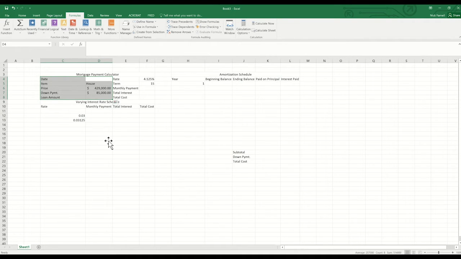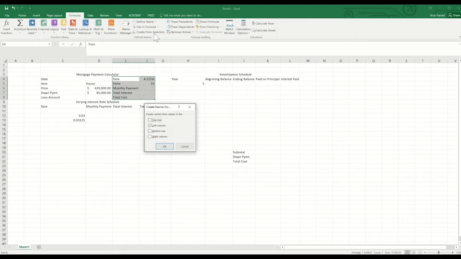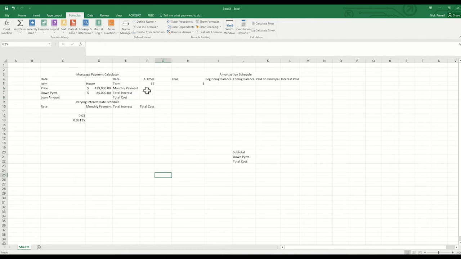If we click OK, it doesn't look like anything happened until we click on the cell. If I click on D8, it doesn't say D8 up here anymore, it says loan amount, which is what's written here. Down payment, price, item, and date. If I click on another random cell over here, it gives me Q15 up in the corner because we haven't renamed it yet. So I'm going to do the same thing for this column here: formulas, then under define names, create from selection, left column, and now we have